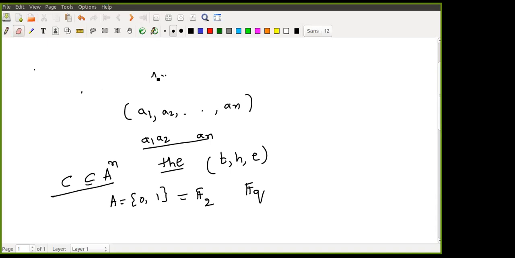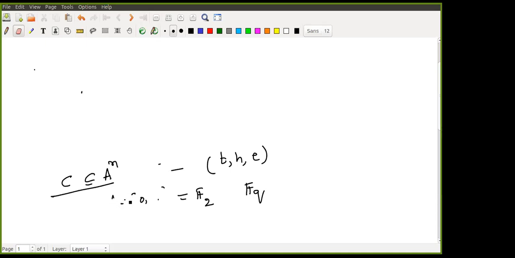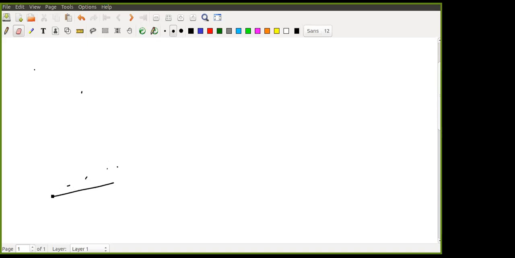And a linear code is a linear subspace, a subspace of some FQ power n. FQ power n means again FQ cross FQ cross FQ, n times. There we take the words, and we take a subspace of it. Actually, messages are in FQ power k, and we take a generator matrix, meaning a basis of the code, and we transform every message from FQ power k to FQ power n. You know how to do that.